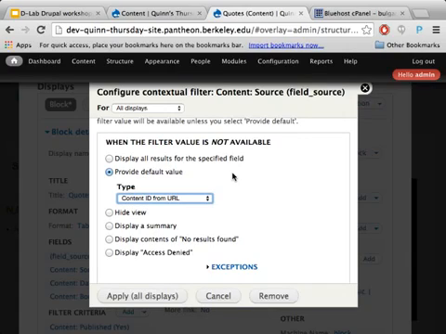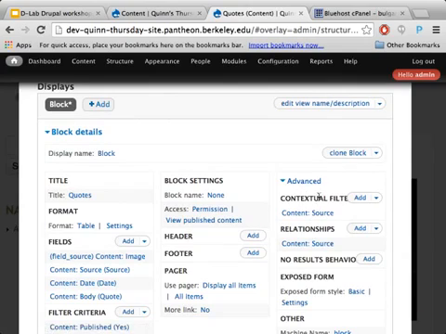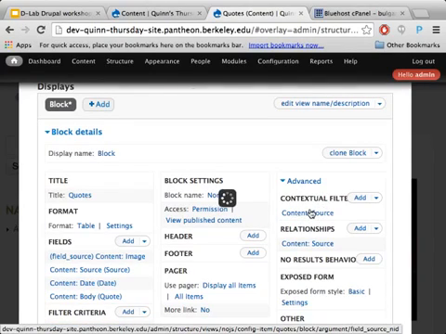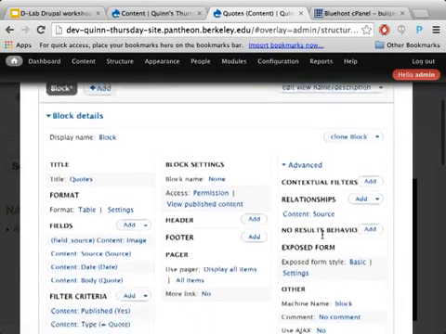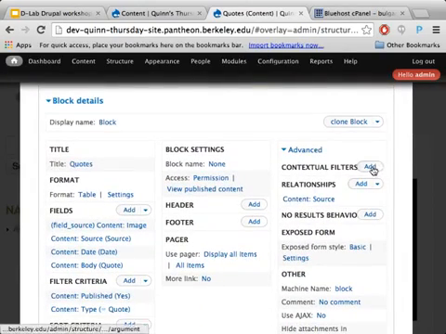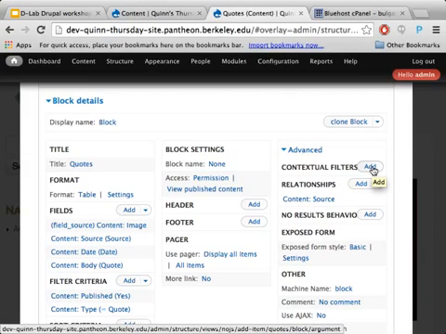So are people still configuring this? So this is under contextual filter, content. Oh, I'm sorry, this should be subject. Oh, I saw source there and just ran with that. This should be subject. So if we had it the way that we just configured it with source, what that would do would pull up